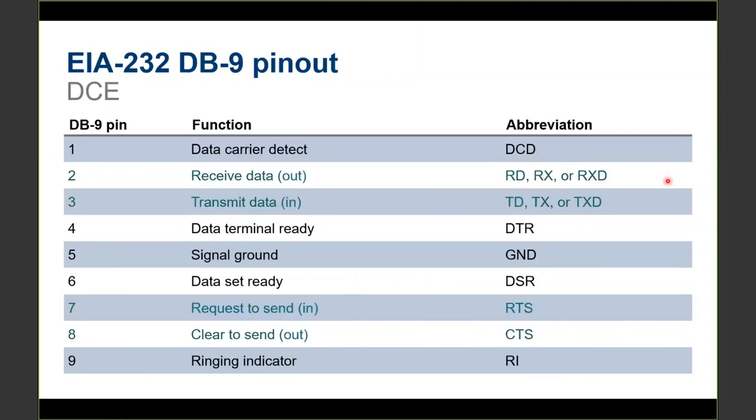Okay. So now on the DCE, you'll see the main difference. You'll see that pin 2 is still called receive data. If I go back and forth real quick, you can see pin 2 is still called receive data in both configurations. But one is receive data out and one is receive data in. And again, intuitively, this doesn't really make much sense